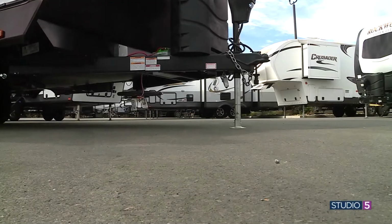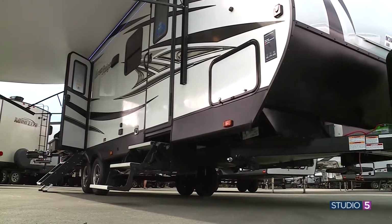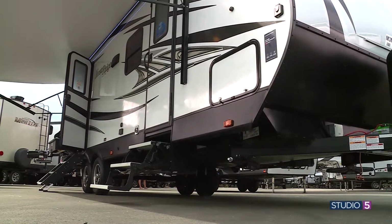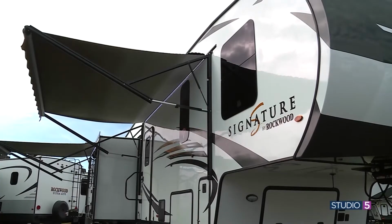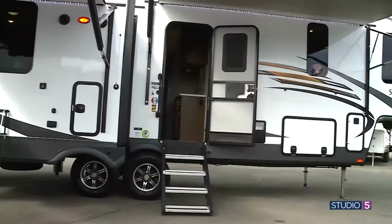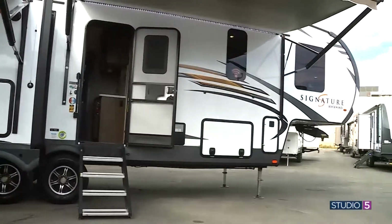On the towing side of things, what do you need to have to tow something like this? Yeah, so this weighs just over 6,000 pounds, which really means that pretty much every half-ton compatible vehicle will handle this. It's lightweight, easy to tow. You've got a power awning on the outside, which is huge. They really used about the very largest awning you could put on a trailer like this